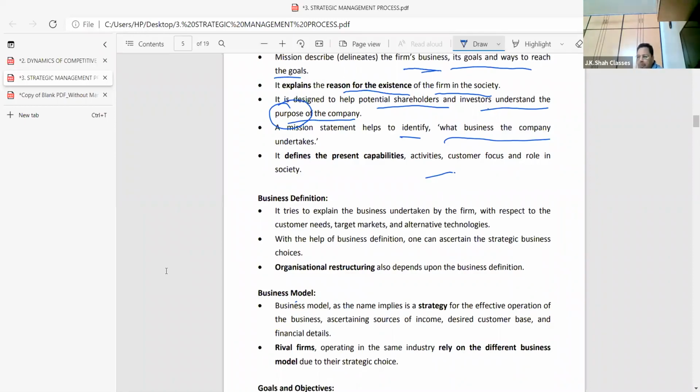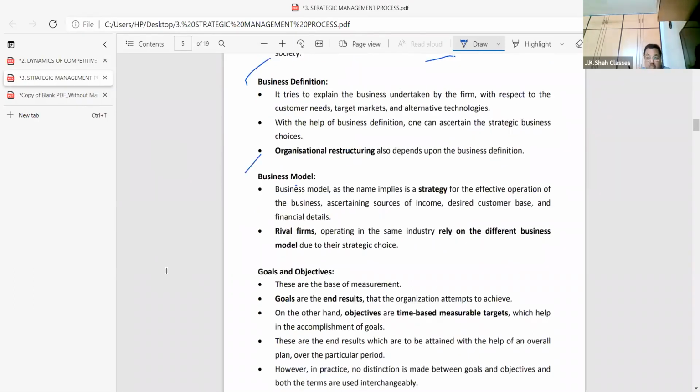Some companies say, no, we don't want a bigger customer base. Like what? Come on, tell me. Starbucks, I said. iPhone price is very high. Everyone can't afford it unless your father is a politician. So the model is higher price, fewer customers. Otherwise, it is lower price, more customers. That will be the business model. Business model, business definition, you can read it.